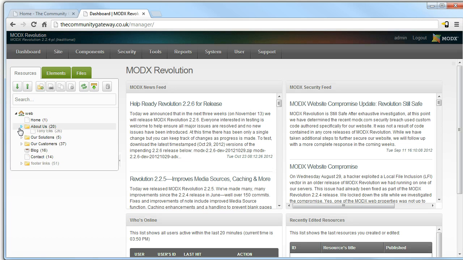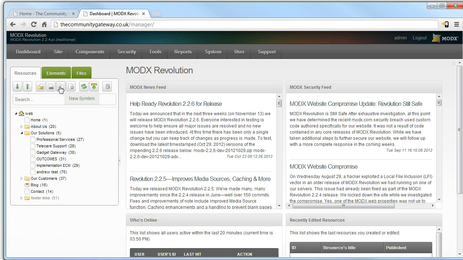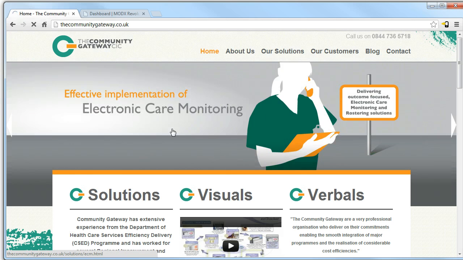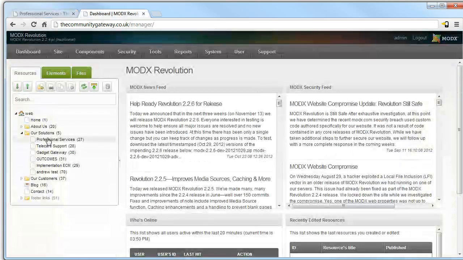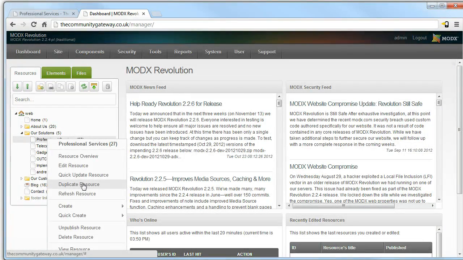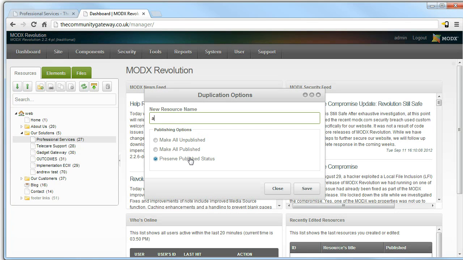There are two ways of doing this, one of which is clicking on this Create Document button. Or if there's a page you already like and you know that you want to use that page but just change content for it, you can copy. The copy mechanism, I'll show you, is you right click on a page. So let's say we've got our Solutions Professional Services. Let's say we want to copy this particular page, and we would right click on it. We would go duplicate, give it a new name, so I'm going to call it Andy Test,